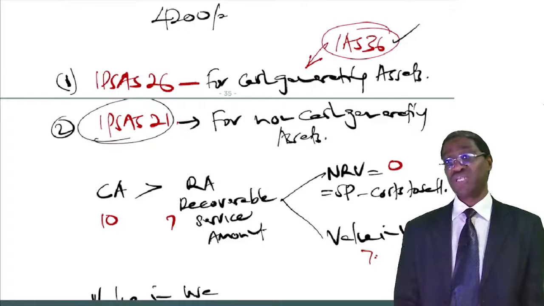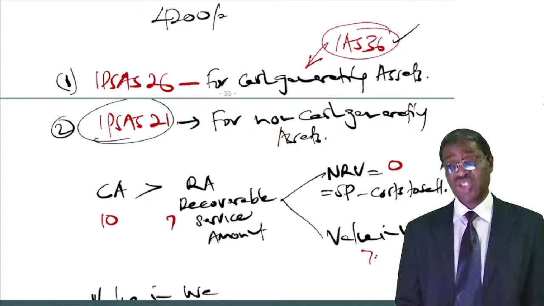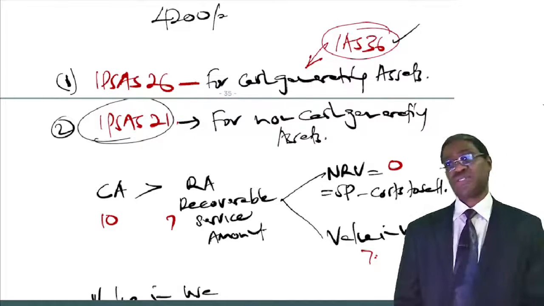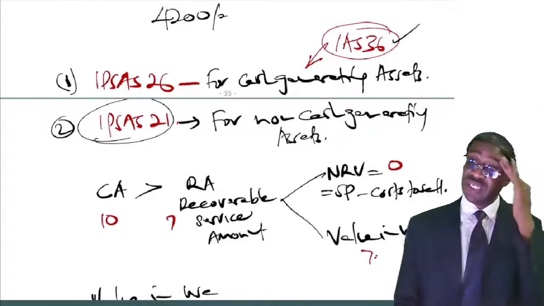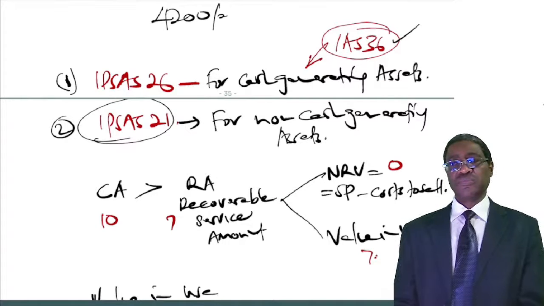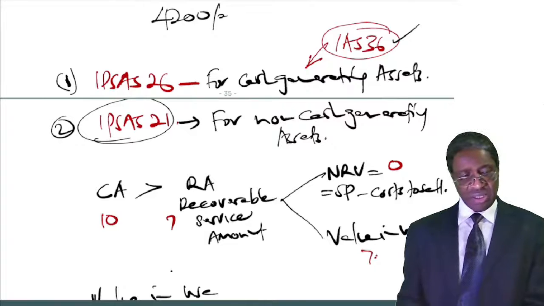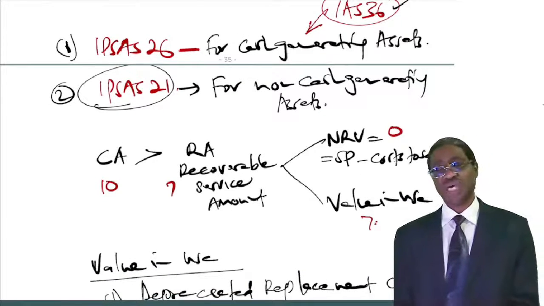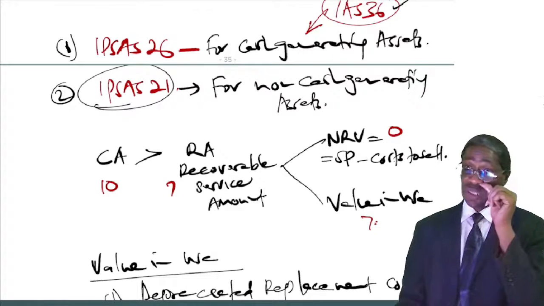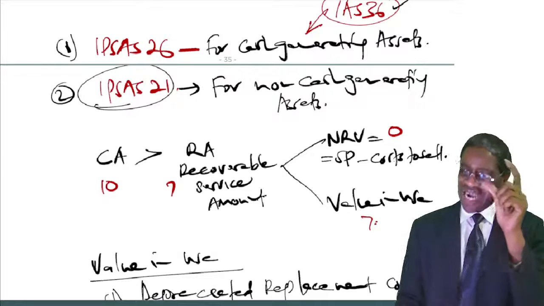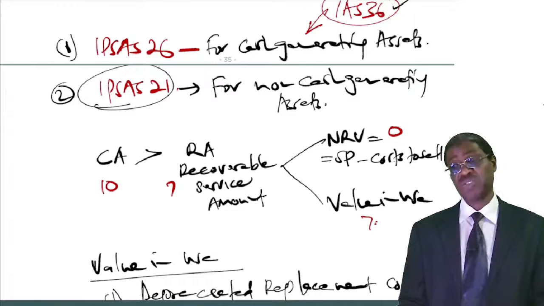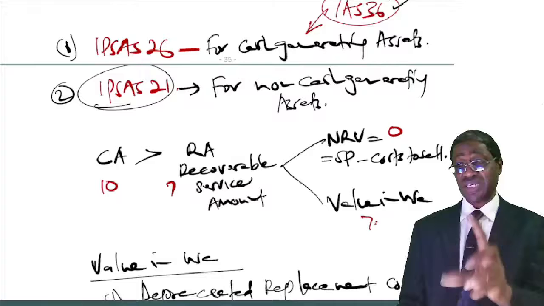Then under that, say this: to test whether an asset has suffered any impairment loss,